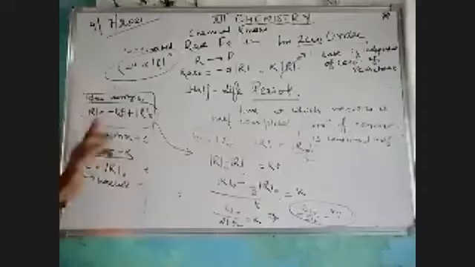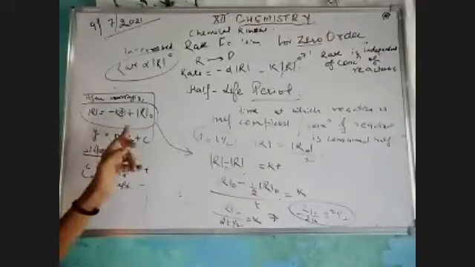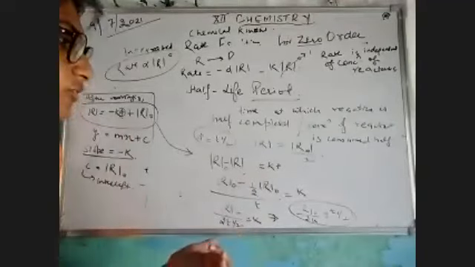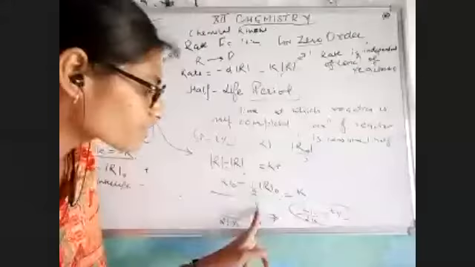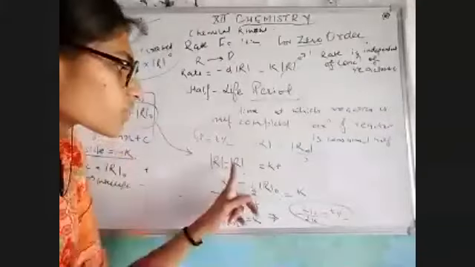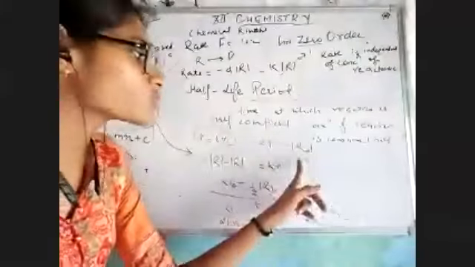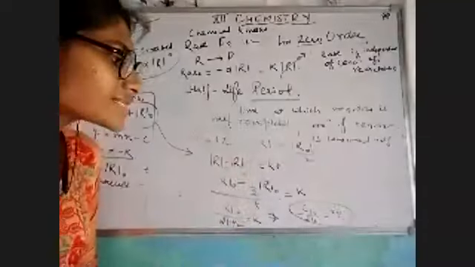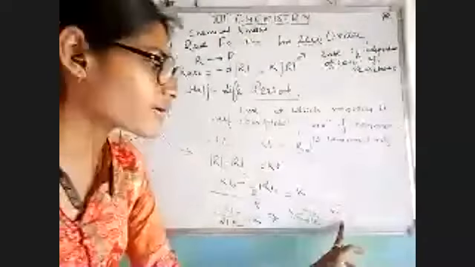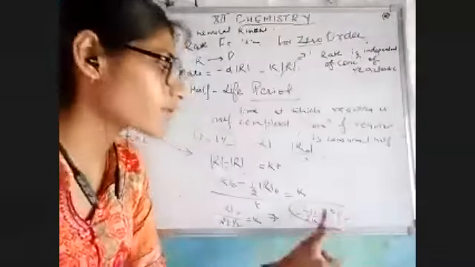Okay, what we have done, we have just rearranged our equation. Please keep in mind, as I made a mistake here, don't do that. Keep track of how the negative sign is managed. I had just made it wrong. Now we have managed the equation, and for T we have replaced it with T half, and for R we have replaced it with 1 by 2 R naught because we are taking half-life period. Okay, we have replaced our two quantities, and after solving it, we will get our half-life period, that is T half equals to R naught by 2K.